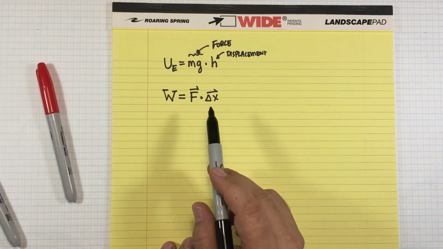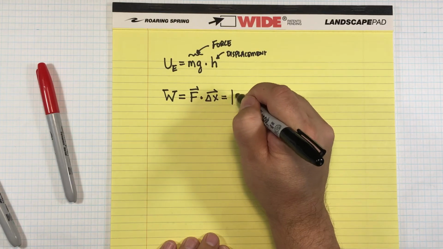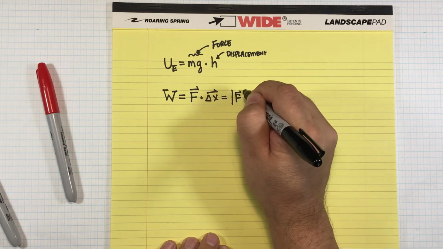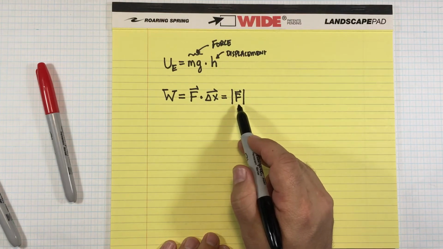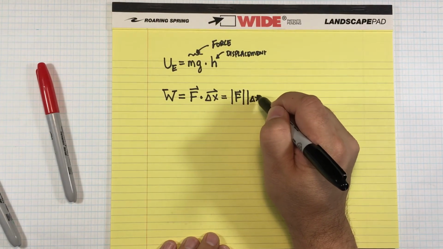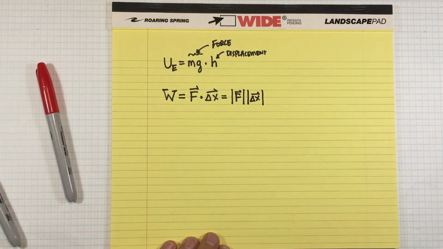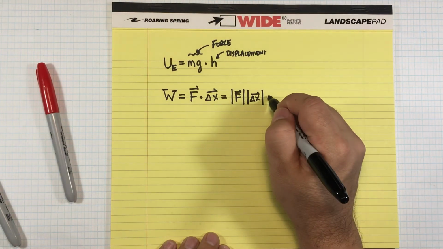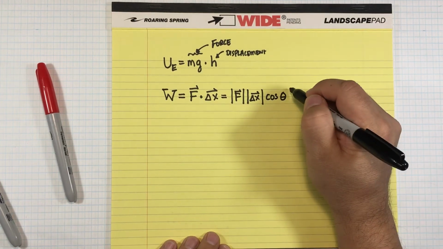Okay, and so we're going to evaluate this dot product, and the way we'll evaluate it is we'll take the magnitude of the force vector, represented by the absolute values of the force, times the magnitude of the displacement vector, represented by the absolute value signs around the displacement vector, times the cosine of theta, okay, where this angle is the angle